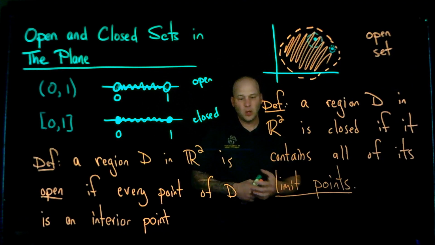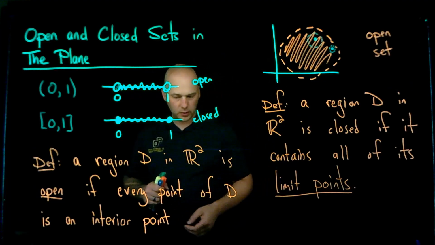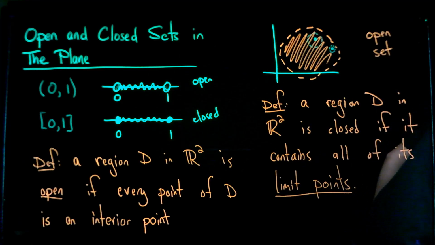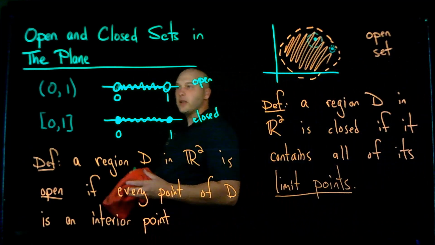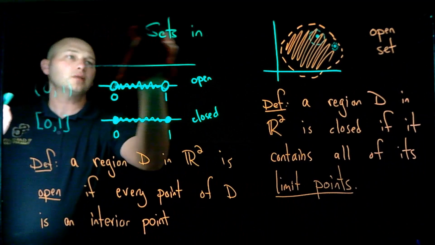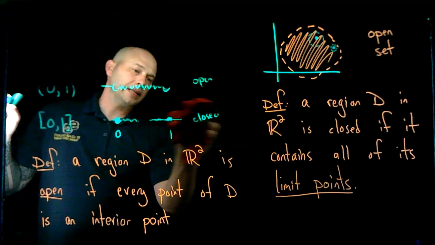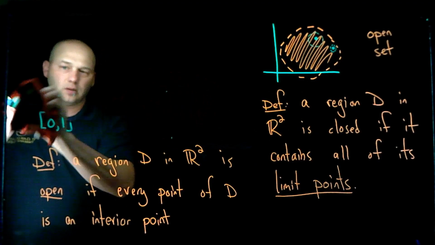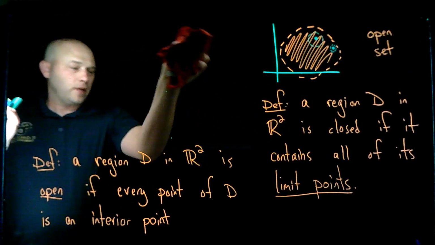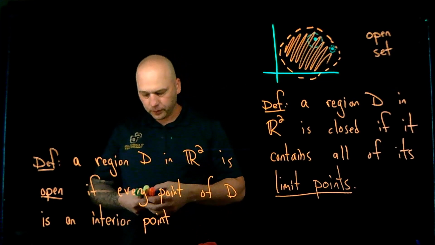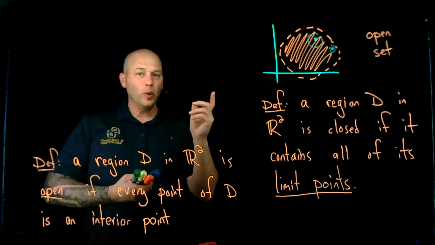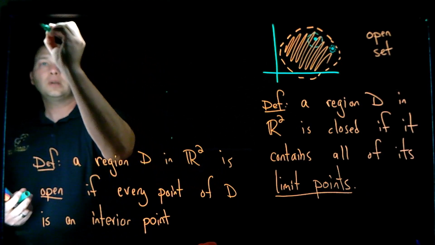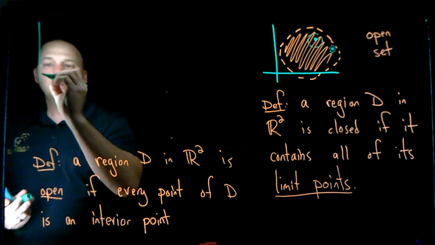All right, so let's go ahead and take a look at a region. Let me see if we get a rag here to erase part of this. So let's get rid of this part, and let's look at just a general idea first, and then we'll look at a specific example of a closed region. If I want to talk about a closed region, let's do two: one that is closed and one that's not closed. So for example,